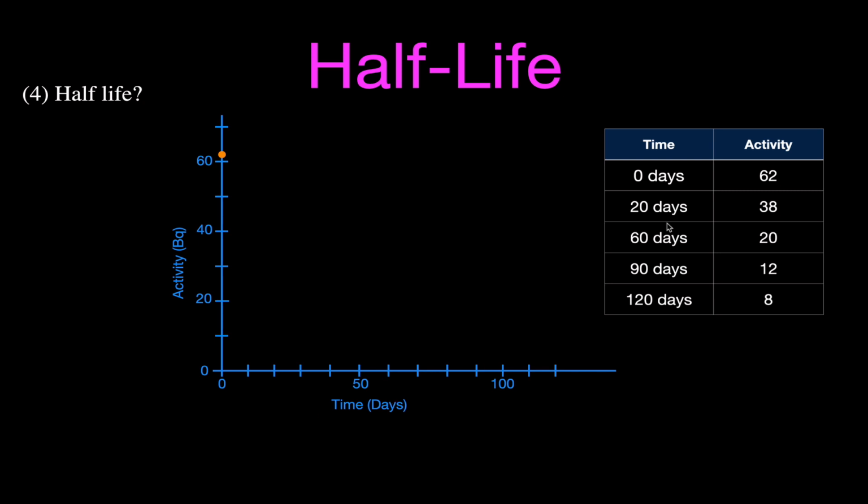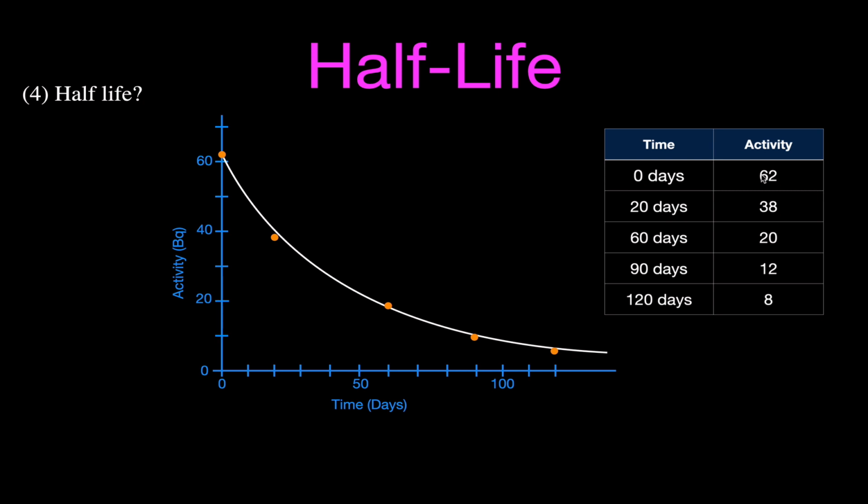the time in days. Well, at 20 days, the activity has reduced to 38. And then after 60 days, it's 20, and after 90 days, it's 12, and after 120 days, now it is 8. Okay, now we see we can draw a nice smooth exponential decay curve, and we want to know what's